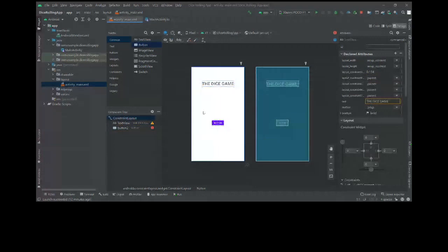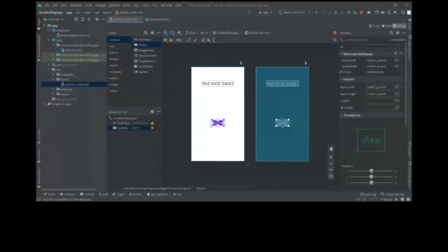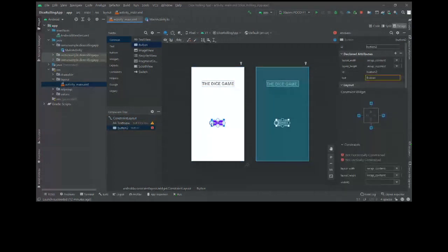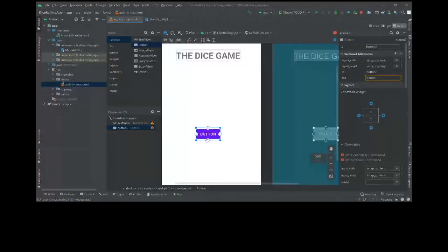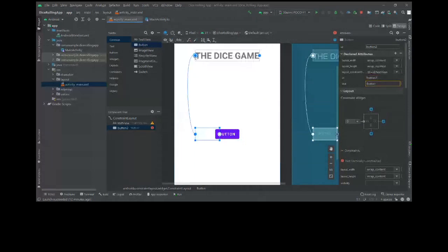So I will drag this part. I will just zoom in. This means defining the constraints. We have to define the left constraint, the top constraint, and the right and bottom constraint. First I will say left will move according to the left of the text view.